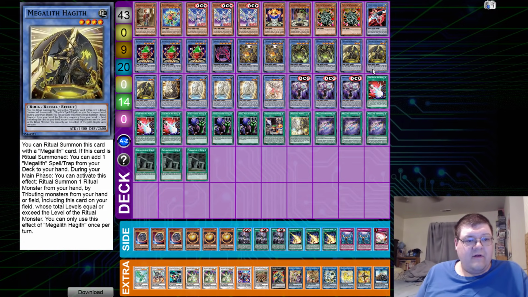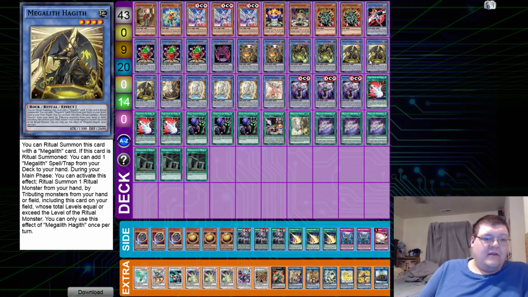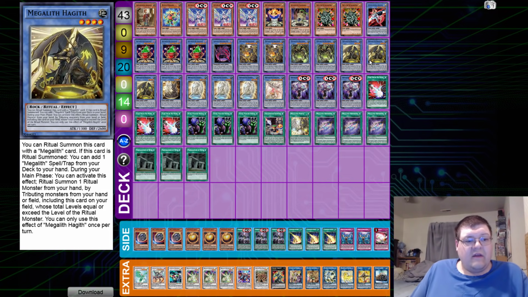And then we have Mr. Haggith. So if this card is ritual summoned, you can add 1 Megalith Spell/Trap card from your deck to your hand. During the main phase, you can activate this effect. Ritual summon 1 ritual monster from your hand by tributing monsters from your hand or field, including your...